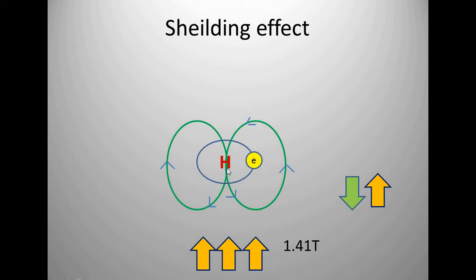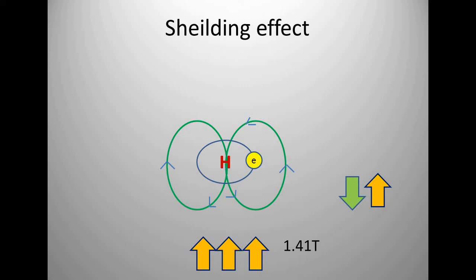So there is a difference between the magnetic field experienced by this proton and the magnetic field applied here. Ultimately, if we want this proton to come into resonance, we should apply more magnetic field than 1.41 Tesla, somewhat in addition to the strength of the magnetic field for this cancellation effect. So if we add some amount, that is x, of Tesla, that x amount of magnetic field gets cancelled over here due to the opposite direction, and 1.41 Tesla magnetic field reaches here.